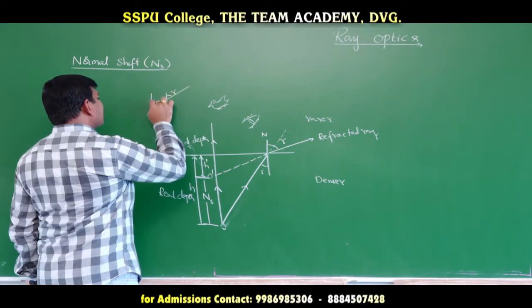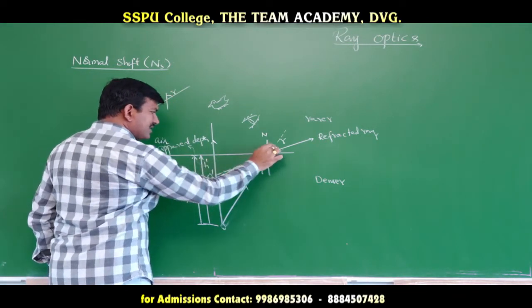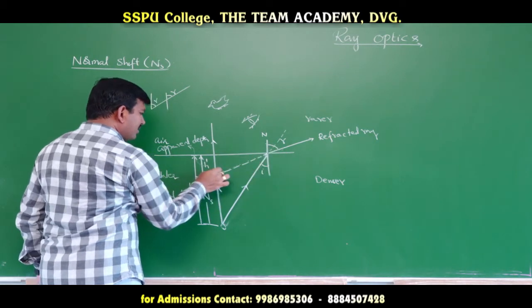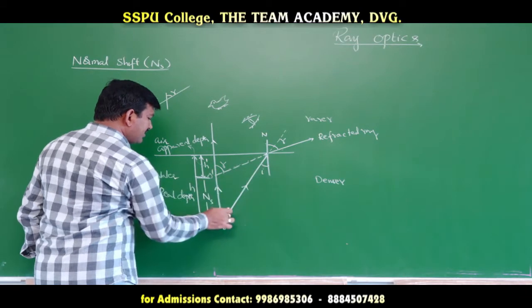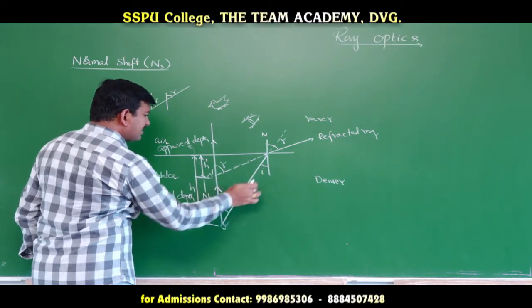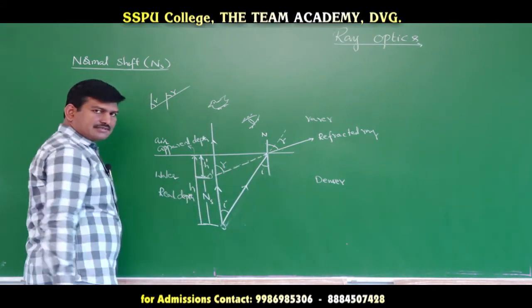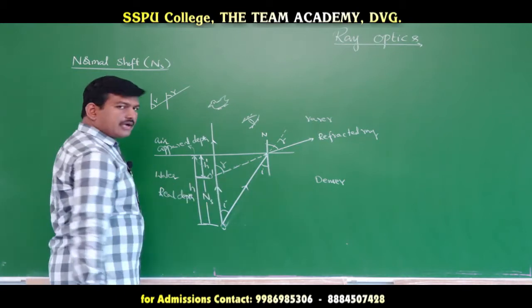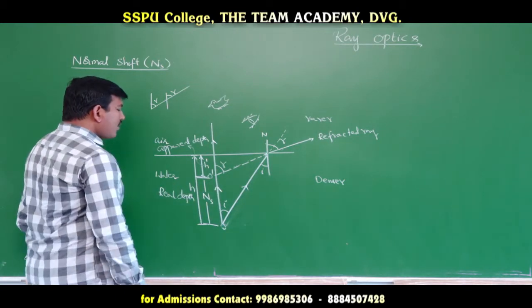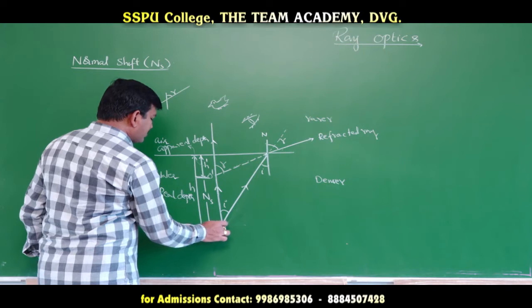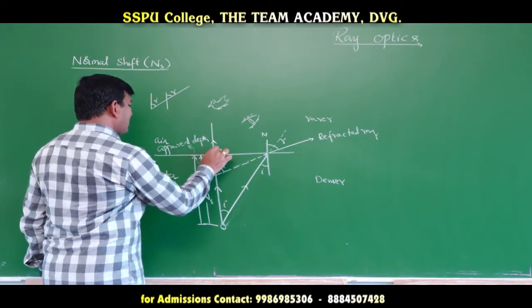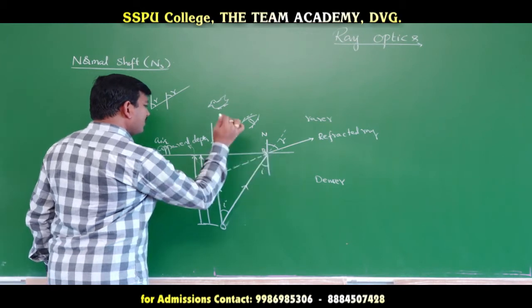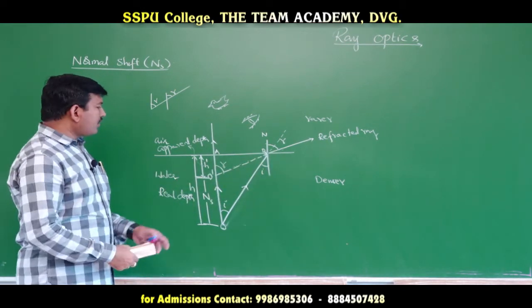If this is R, this must be R. Therefore, this angle being the angle of refraction, this angle must be angle of refraction R. And this being I, this must be I, because these two angles are alternate angles. Is it clear? Now, from the figure, this point is chosen as O, this as O dash. Let me take it as some A and this as some B. Okay.